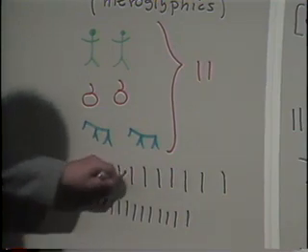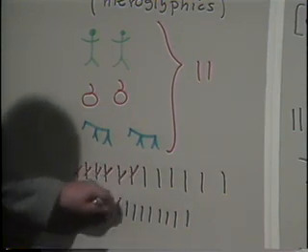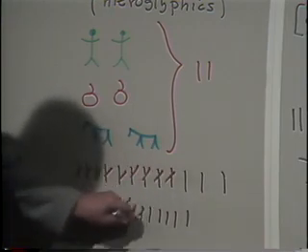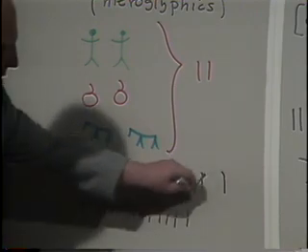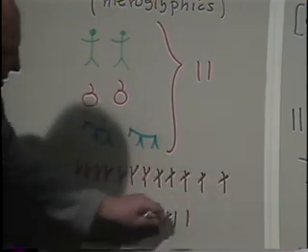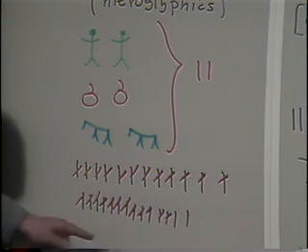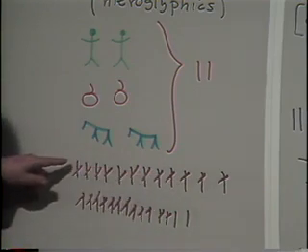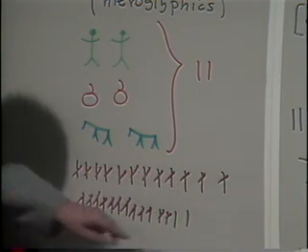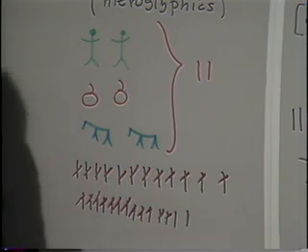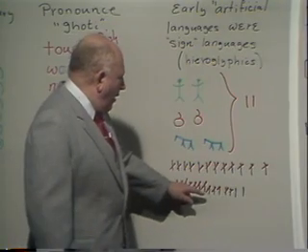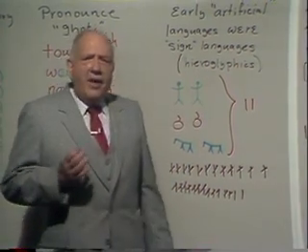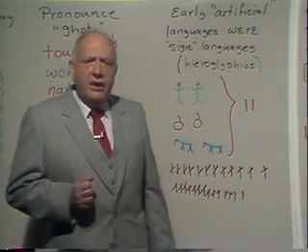One for me, one for you. One for the top, one for the bottom, top, bottom, top, bottom. And if this sounds monotonous, it's supposed to be, because it's a difficult procedure. When I get all through, notice that I've done what? I've crossed out all of the tally marks on the top line, but I still have what? 2 tally marks left on the bottom line. Therefore, the bottom line had 2 more tally marks than the top line. And by the way, that is a genuine way of counting.